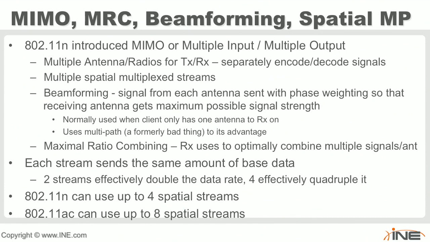The idea was, hey, listen, if I can get at least 54 megabits, maybe even higher, what if I had multiple antennas transmitting, and what if the client could receive multiple signals, not multiple copies of the same signal like we were talking about earlier with diversity, okay? Diversity was two antennas, and we're sending out the same signal twice, and the client basically chose the better of the two. Now we're saying, instead of that,